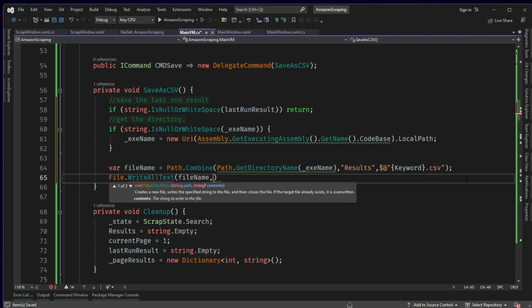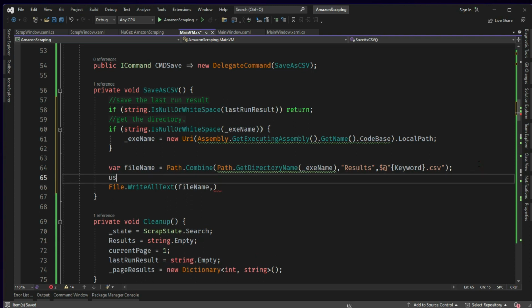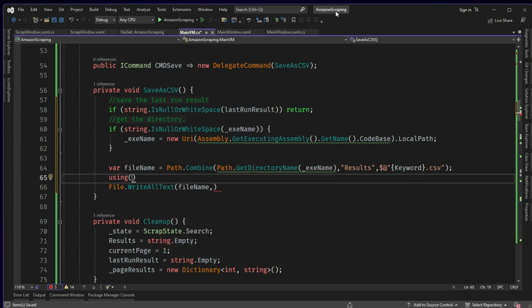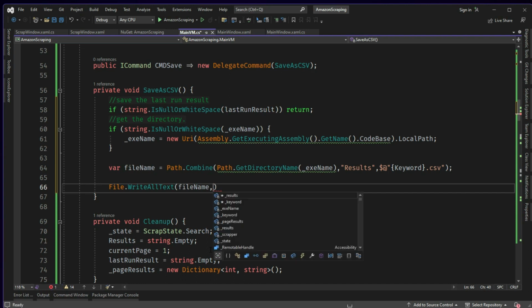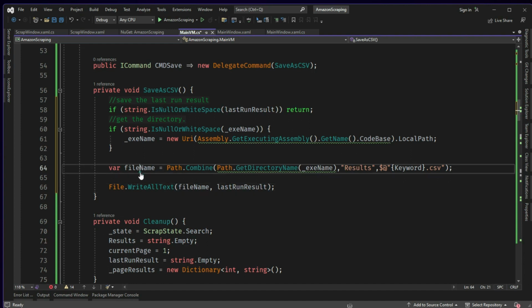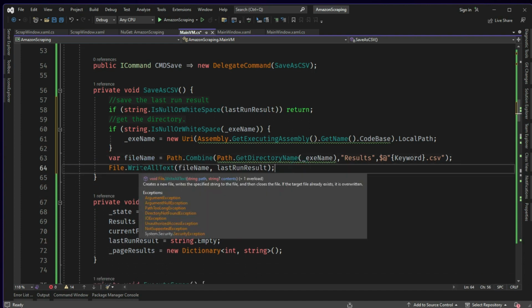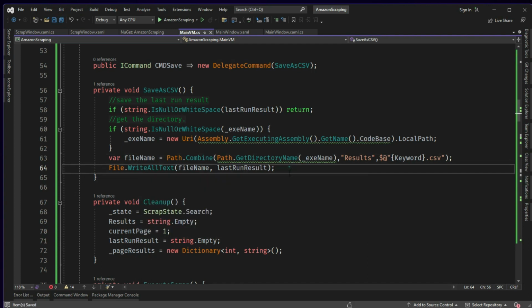path is file name, followed by okay, don't do WriteAllText, because if you do, what happens is you will not be able to edit it or open it, because it will be locked by your Amazon script. Okay, let's just keep it simple at present. Whatever is the last run result, write all text to this file. Okay, now this is fine, and after this is done,